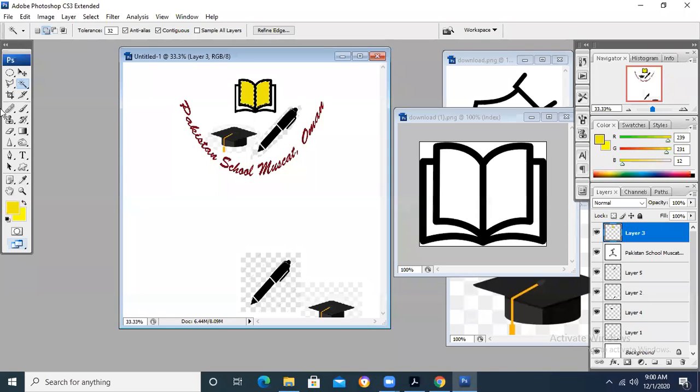And of course, if some extra things are there, we can remove them. When we have an eraser, we can remove these white areas, gray and white boxes. Since I did not have that much time, I did not do this. Otherwise, it is possible for us to remove these areas. Now we can save this logo, we can crop it, we can save it